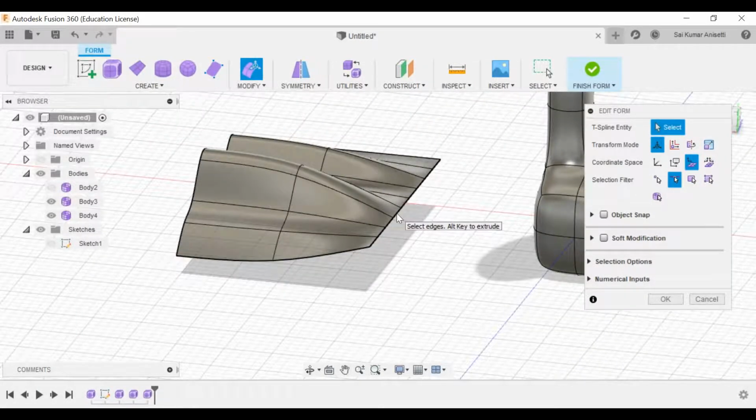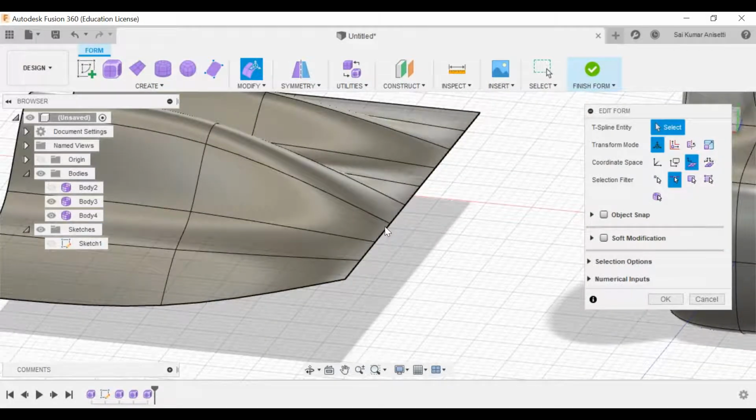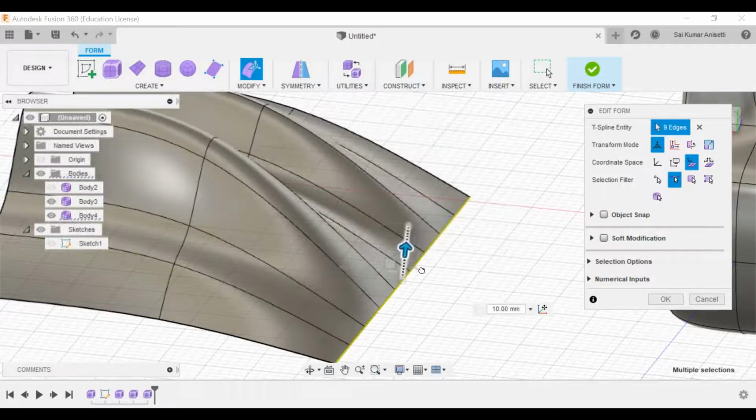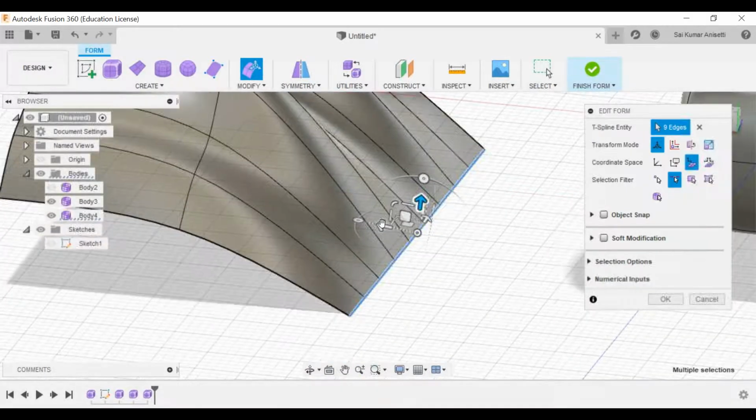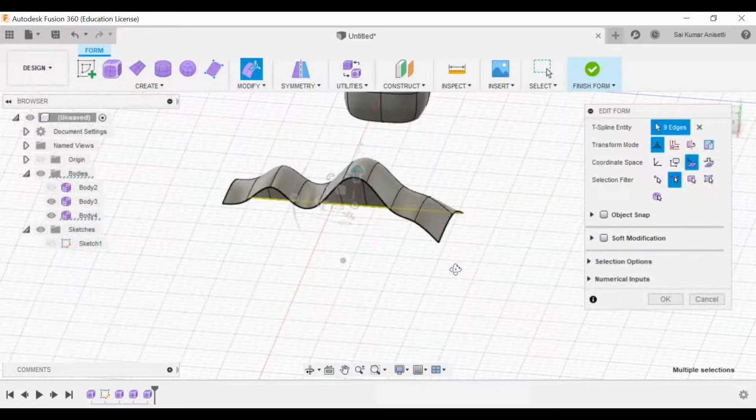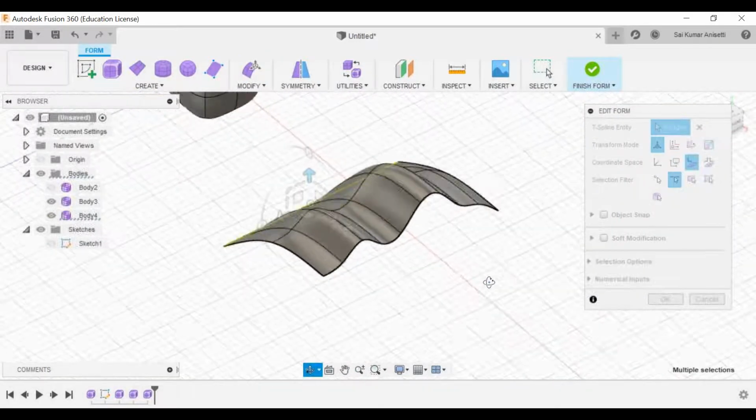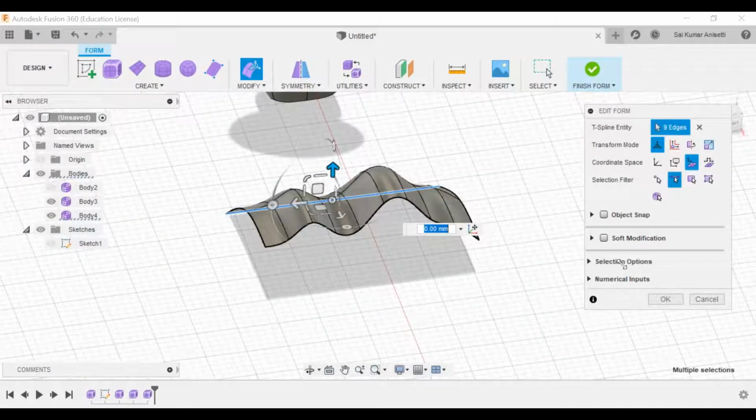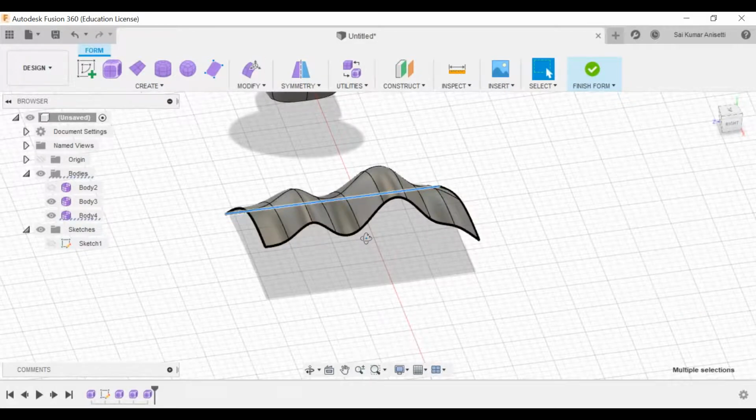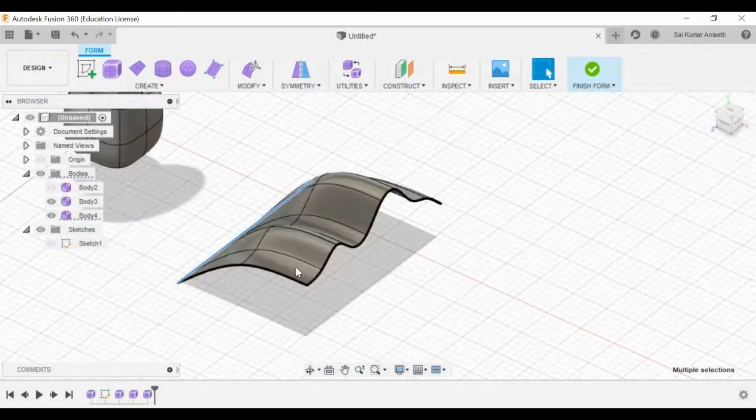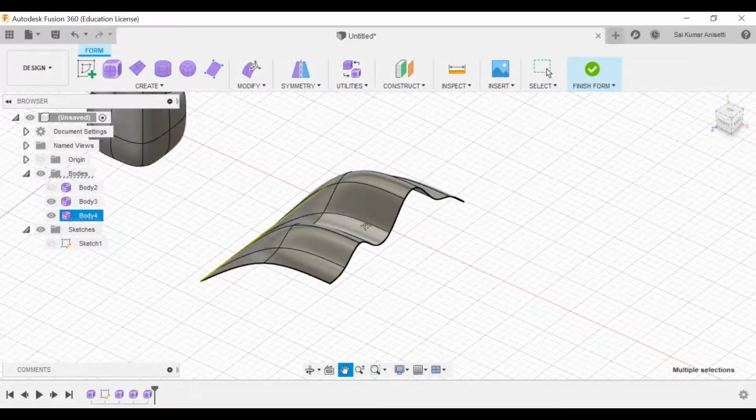Select this particular edge. Let me zoom in. You select this particular edge and you just control it to make the shape. That is your imagination. You can create rings or anything, but whatever you create is out of imagination. Once you get this environment, you have to find your